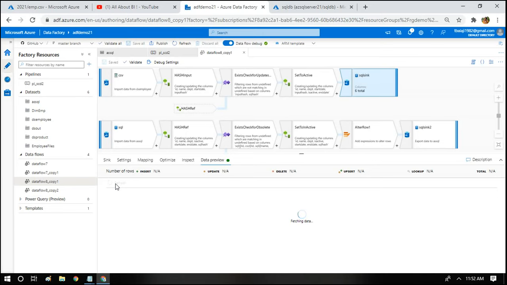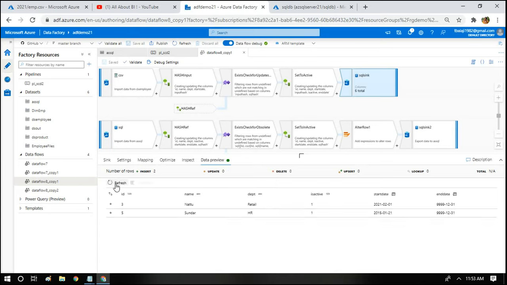After I run this data flow and we see the records getting updated and inserted properly, I'll tell you a couple of ways to improve this data flow so that you can try it at your end. Because it's already 22 plus minutes, I don't want to drag it further. I'll just give a gist of what to be done.